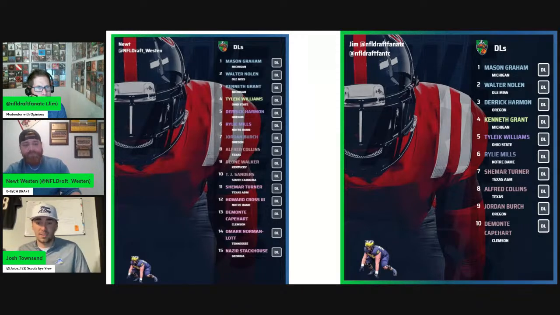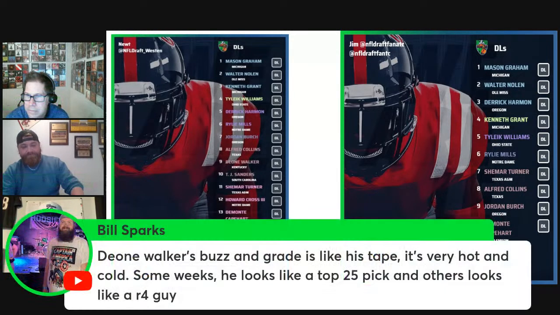It's a stamina thing, like we've talked about with Kenneth Grant. Even if he's tired, he'll still get effort on the play, even if it's not 100%. If Deone Walker's tired on the field, he's not moving off the ground. He's staying in his spot and letting people run him over, which is unacceptable for a guy that big at that mass. I also might think it's a weight issue a little bit. I think he's verified at 6'7", and you've got a lot of mass on your frame, but if you're not able to hold that down and use it effectively, what good does it do?